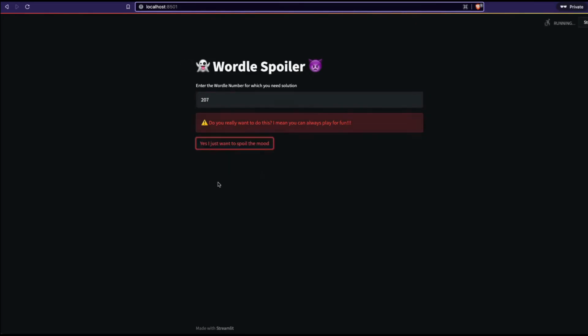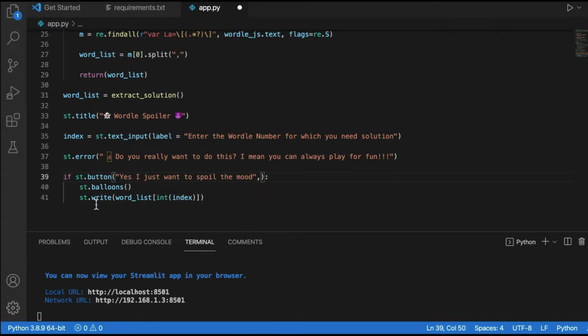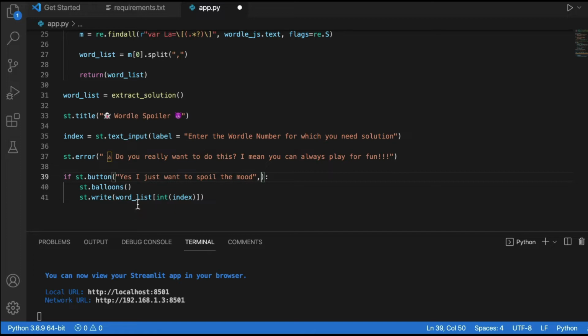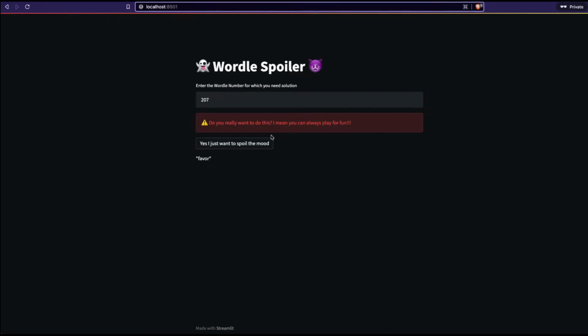So when you click this, it shows the balloons, and after it shows the balloons, you can get the result. The way we get the result is quite simple. We take the word list and we convert our input, which is a number enclosed within a string, into an integer, and then we give it to this list, get the output and display it here. So nothing fancy here, everything is fine.